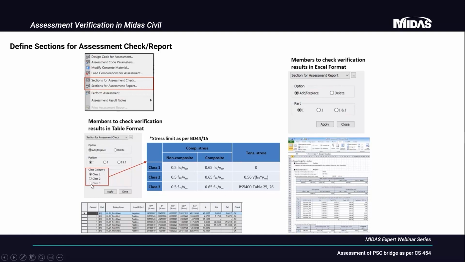to select this. Earlier, class 3 was not implemented in MIDAS Civil, but now in the latest version this has also been implemented. Now suppose I select class 1. Here this will be the stress limit for my non-composite and composite section, and no tension will be allowed in my section. Once we do this, the definition of assessment is complete in the program. Now we can perform our assessment by clicking this perform assessment